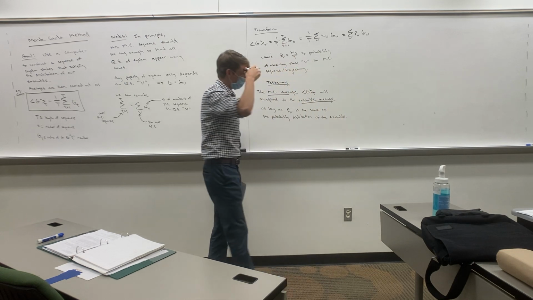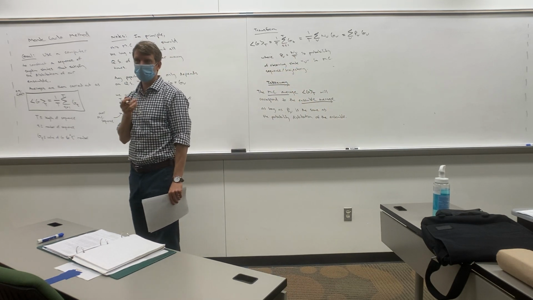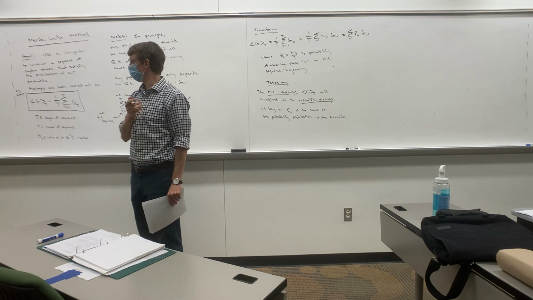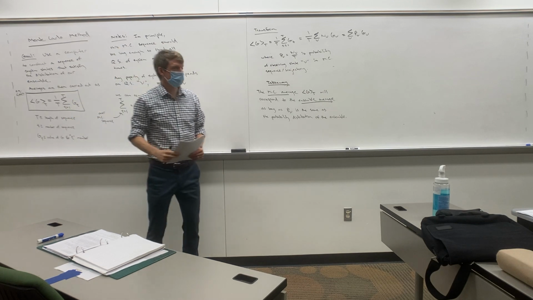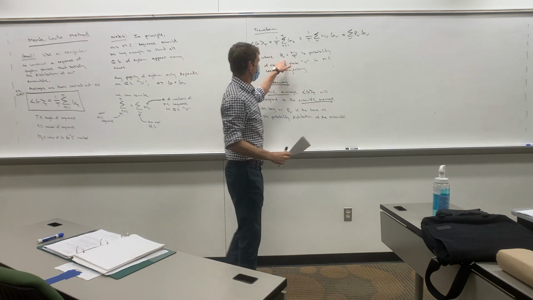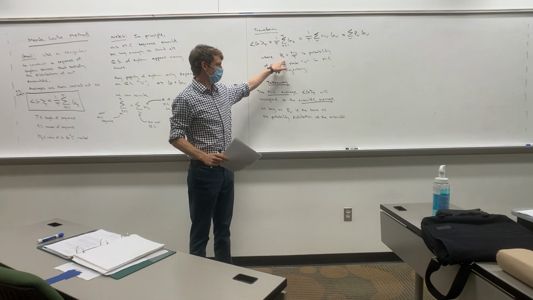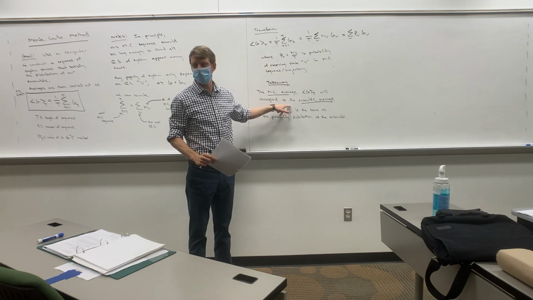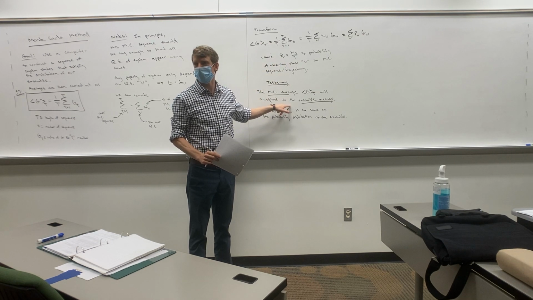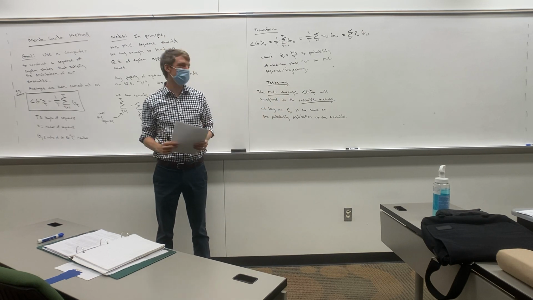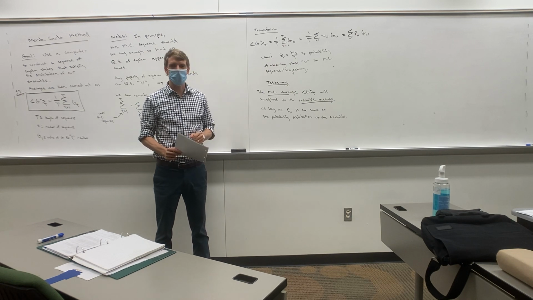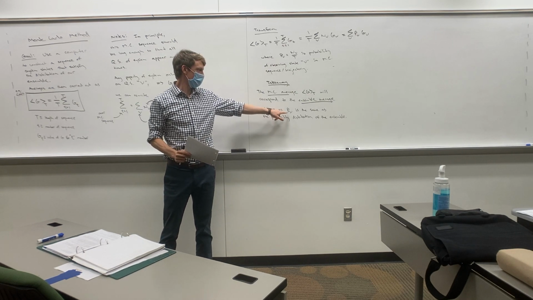Okay, so that's the key point. The point is you're going to run a Monte Carlo simulation. You're going to use this formula. If you've done this correctly, and the probability of your Monte Carlo trajectory is actually equal to that of the ensemble, then you get a right answer. If you don't, you get a wrong answer. Okay, so when someone does a Monte Carlo simulation, whether their answer is right or wrong depends on whether this